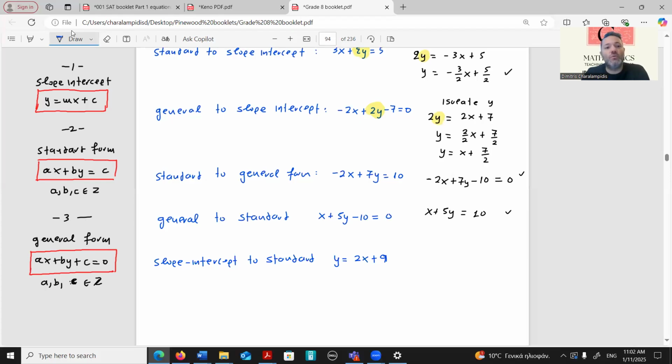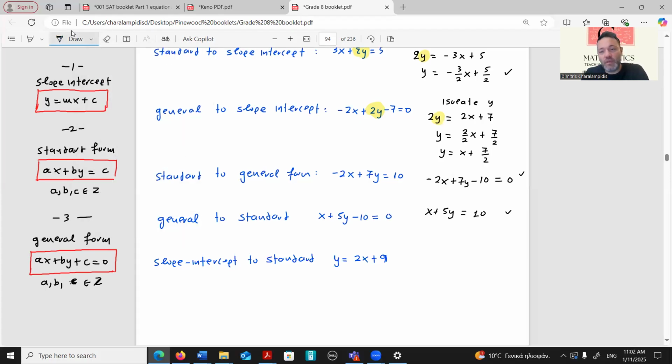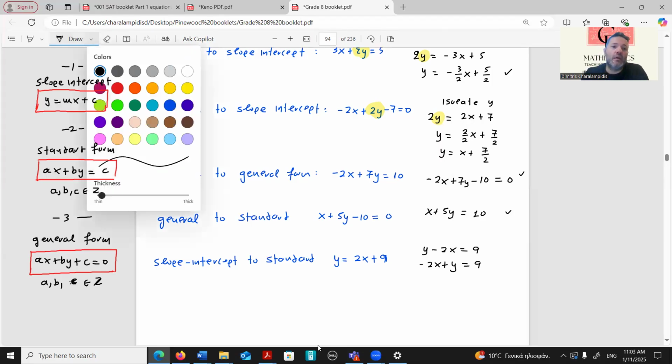In order to go to the standard, I should bring the x's and y's on the same side. Here, I'm going to bring them on the left. Y was already on the left. 2x, it was at the right. I will now move it on the left, so it will become minus 2x plus y equals 9. Or I can write it, if someone wants, minus 2x plus y equals 9. It's the same. Be careful here, however, that